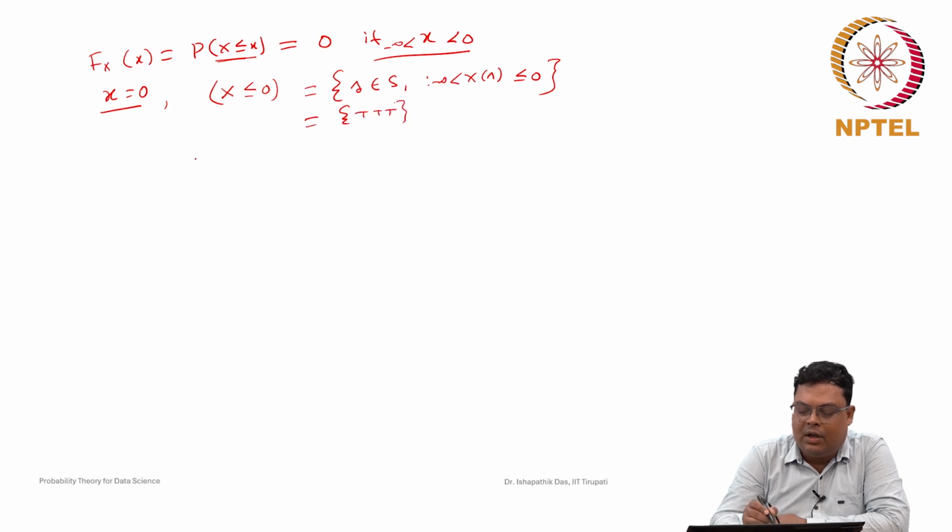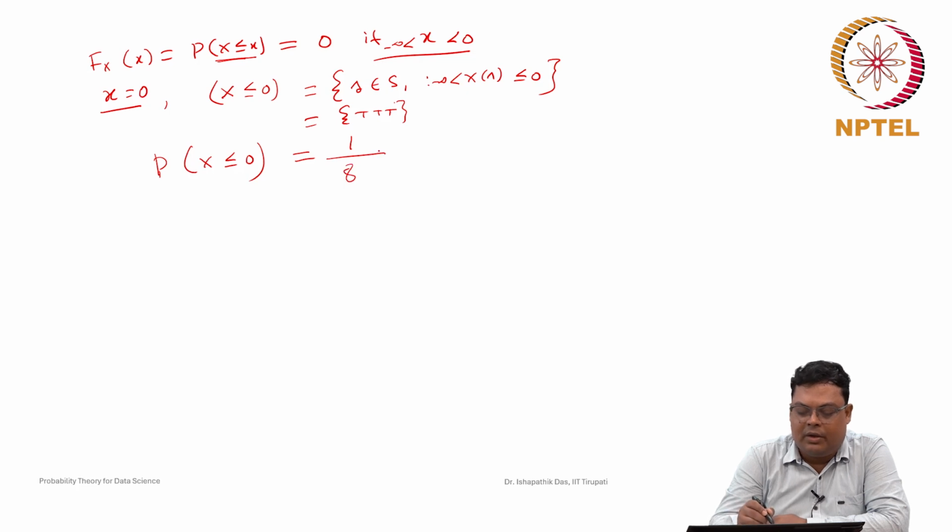So hence by classical approach, because it is a fair coin, equally likely, probability of X less than or equal to 0 is nothing but the probability that this event contains only one point, out of the possible 8 points, only one, that is why it is